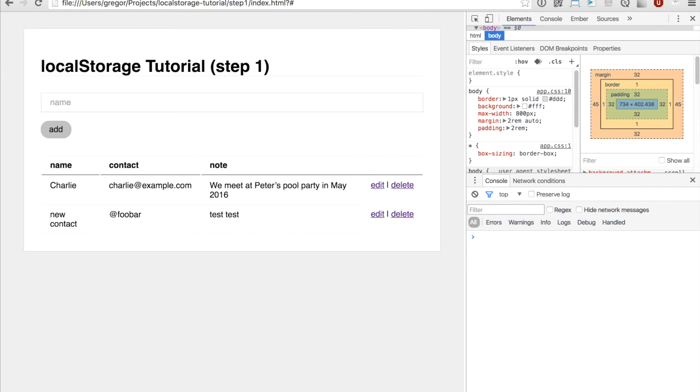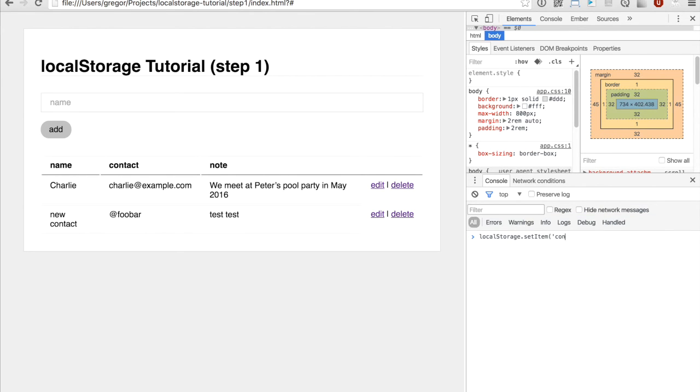Now what we want is we want to remove the hard-coded contacts here, and we want to actually store data in the browser based on our inputs so that it persists, and when we reload the page it will still show us the same data. For that, every browser today has an API called localStorage, and it's pretty simple. It has 2 methods, actually 3. So one is clear, which I want to use now, because there was some other information in there. The other one is localStorage set item,